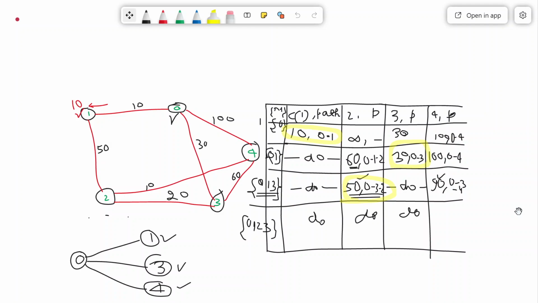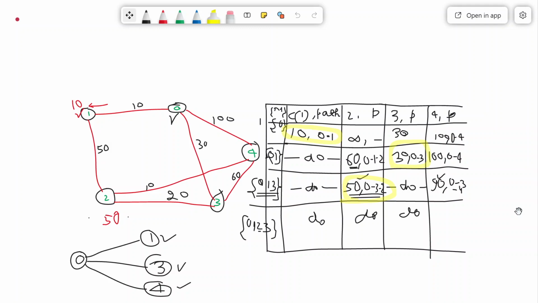Here we have to, because 2 has also appeared in the neighbor list, and from 2 there is a link to reach 4. What is the minimum cost to reach it? Because this is already relaxed, I will write 0 to 3, 3 to 2 already there, and for that relaxed node you can write the cost here, and the cost is 50. Now there is a link from 2 to 4 and the cost is 10.